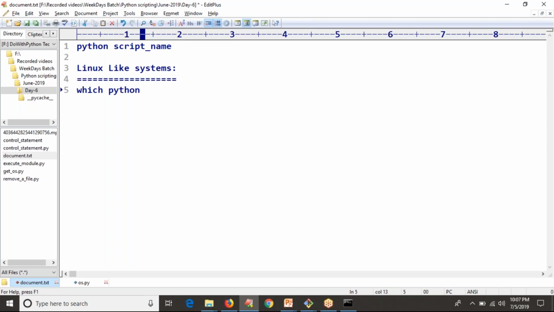If you want Python 2, just type which python, or which python3. Whatever path you get, let's say for some script hello.py, in the very first line mention the output of which python3, that is, the location of your Python, and this line is called the shebang line.